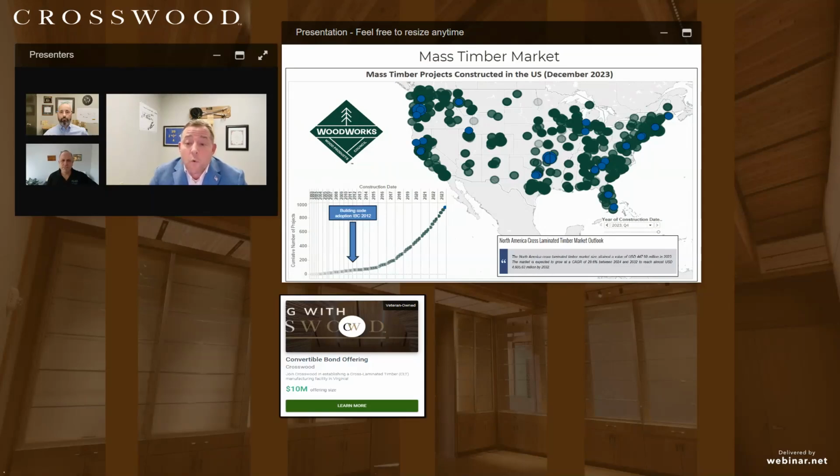And I also want to point to the Northeast region. You can see clearly on this chart here that there is a lot of activity of mass timber construction in the Northeast. And we're going to discuss that a little bit more in the following slide. The last thing I want to point to here on this slide is the market projections. Mass timber is projected to expand from $445 million in 2023 in the North American market to reach $4 billion by 2032. This just shows you that the expansion of mass timber, it's a better way to build, and that is very evident here with this chart.